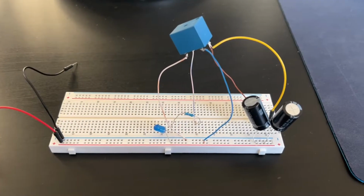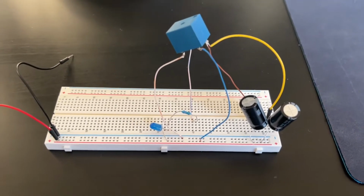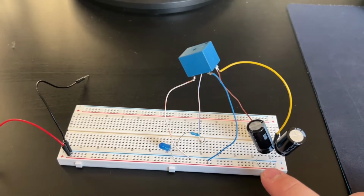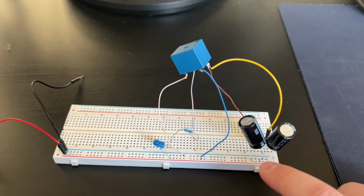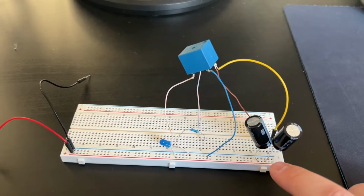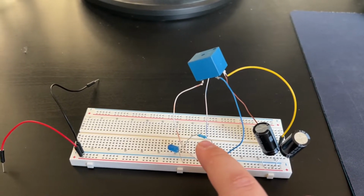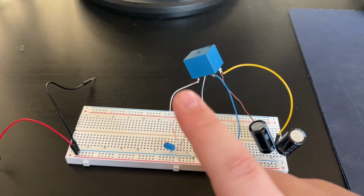So this is a capacitor relay oscillator, and it consists of a capacitor. These are two capacitors put in parallel, each 1 millifarad, to create a 2 millifarad capacitor, an LED, a resistor in order to limit the current going into the LED in order to not burn it out, and a relay